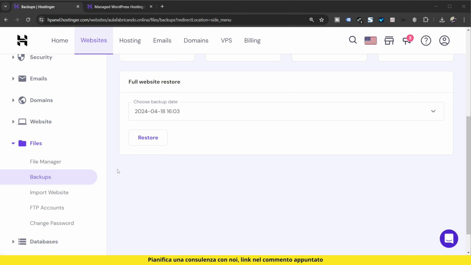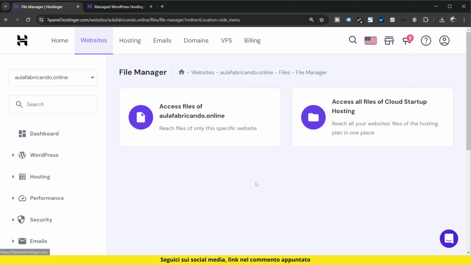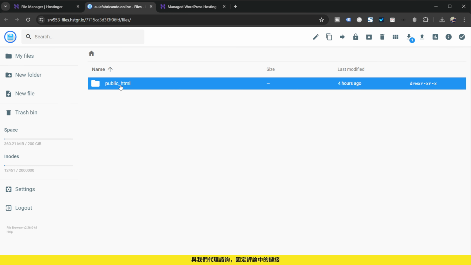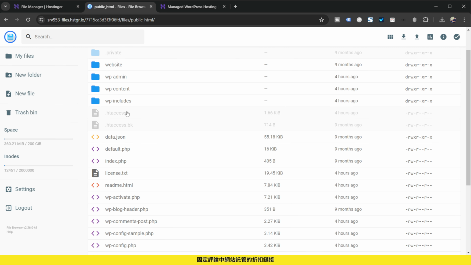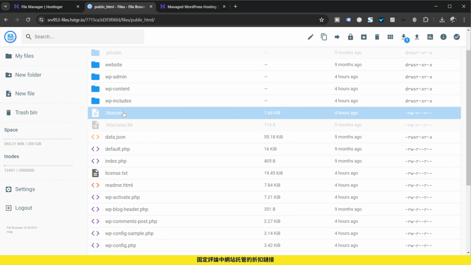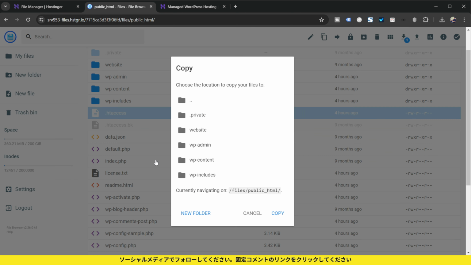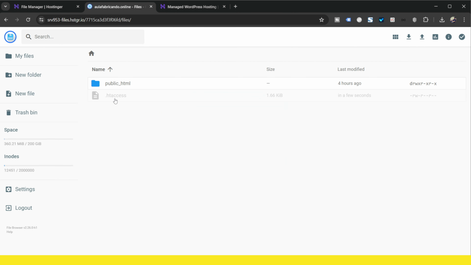Let's go. I'm going to open my hosting panel again. I'm going to come to the file manager. Go to the file manager and look for the current taxes of my website in public.html. I will look for the taxes file. It is here. The first thing I should do is create a copy of it. So I go to Copy File, select the current folder I'm in, copy, and it will create another taxes for me outside of